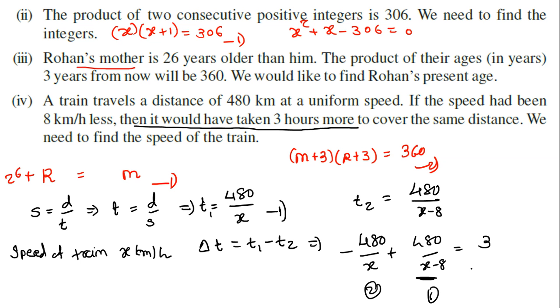Then finally, by cross multiplication and then by the quadratic method, if you solve this equation, you will get the value of x, and we need to find the speed of the train. So finally you will get the value of x, and that is the speed of the train. That is your answer. Is it clear how to make the equation, which you have to put first, which you have to put later, which should be minus, which should be plus? All that you have to remember in this kind of question, because this is a speed related question, that is important. Write down this question, this is an important question.